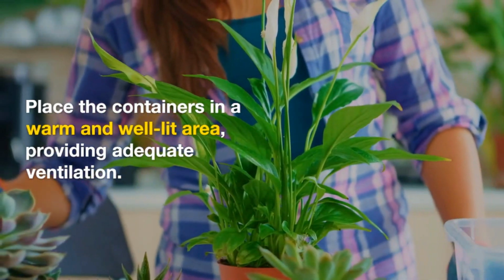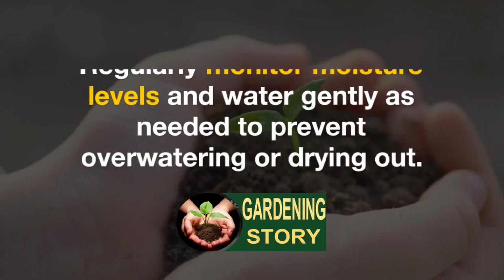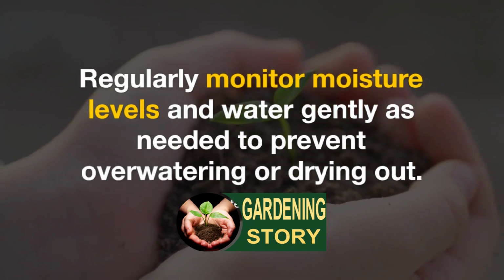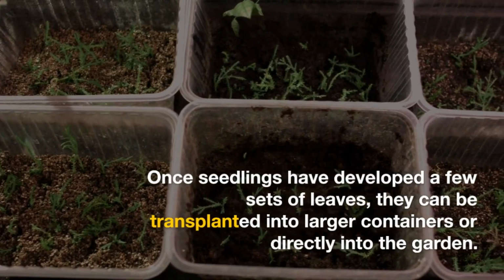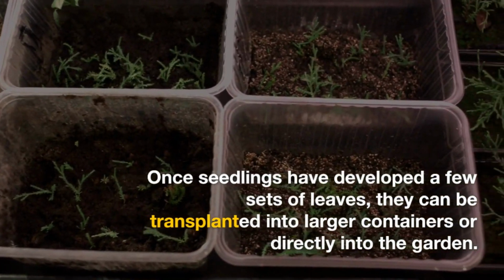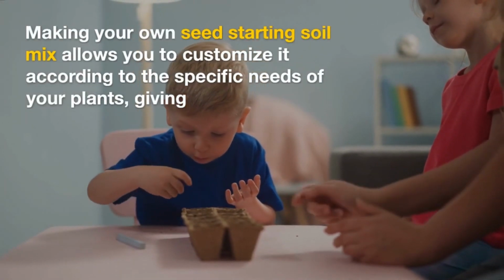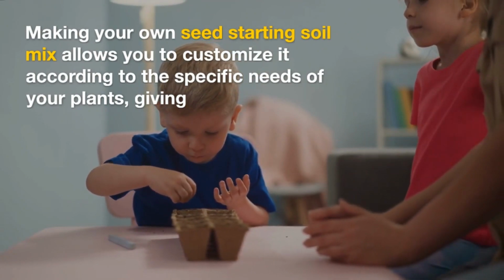Place the containers in a warm and well-lit area, providing adequate ventilation. Regularly monitor moisture levels and water gently as needed to prevent overwatering or drying out. Once seedlings have developed a few sets of leaves, they can be transplanted into larger containers or directly into the garden. Making your own seed starting soil mix allows you to customize it according to the specific needs of your plants, giving